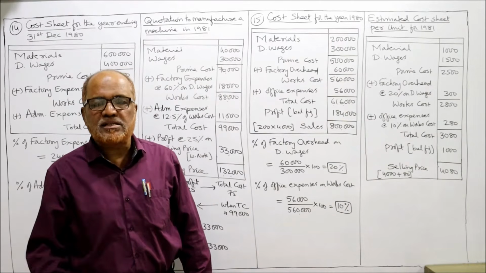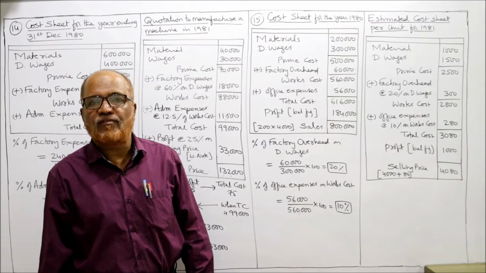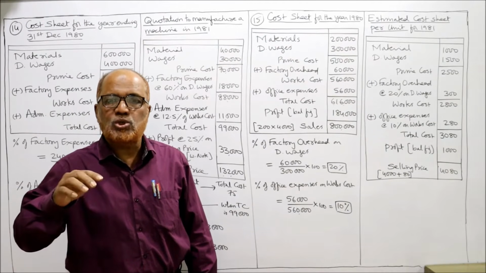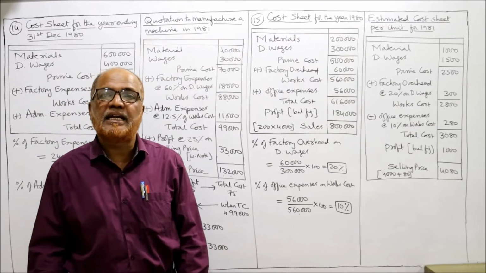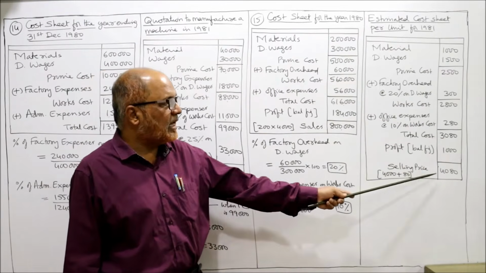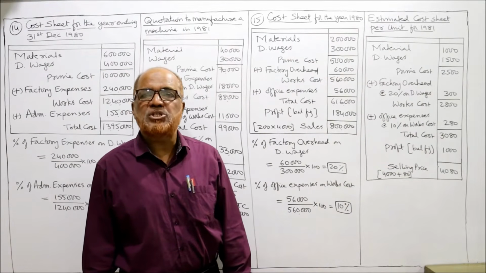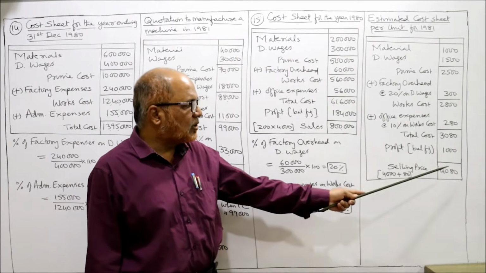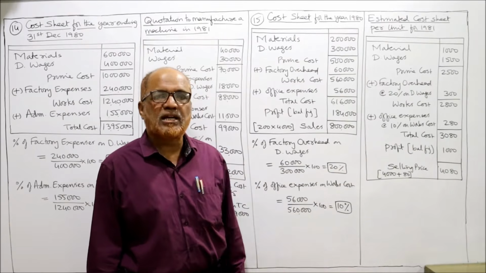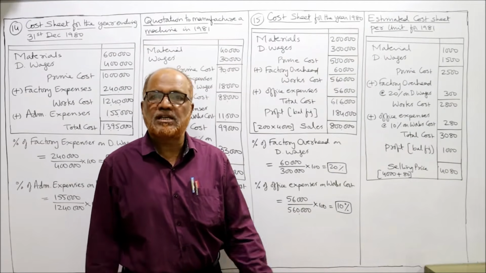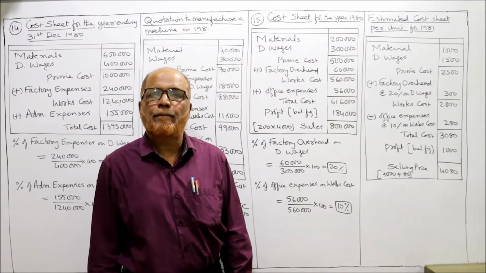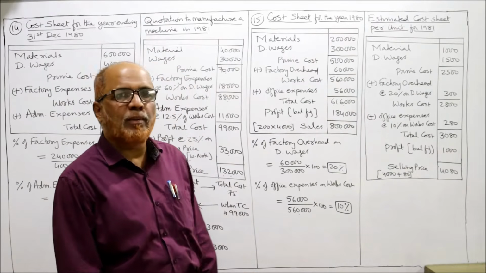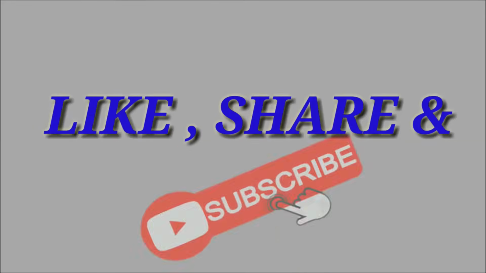Now what is the selling price? Last year it was sold for 4,000 rupees per television, and the current year the company wants to enhance the selling price by 80 rupees. So 4,080 will be the selling price. The balancing figure is the profit, sales minus total cost. 4,080 minus 3,080, 1,000 rupees is the profit per television set. That's all. This is the end of problem number 15.